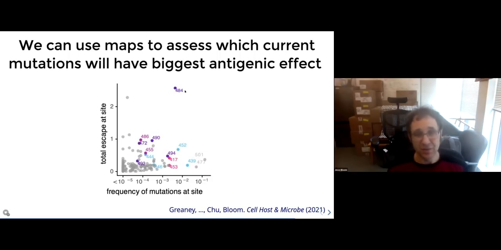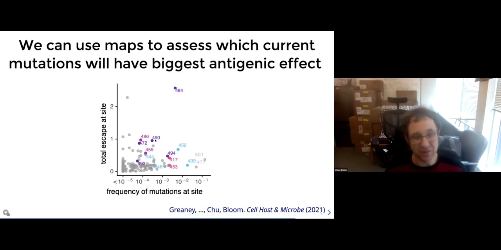In fact, this mutation is present in a number of these emerging viral lineages, such as the B.1.1.7 lineage, the B.1.351 lineage, the P.1 and P.2 lineages, and also this new B.1.526, although I have trouble with all this nomenclature, that was recently identified in New York. So probably this mutation is being recurrently selected, at least in part because it's such a potent immune escape mutation. We can see that some of the other prominent and common mutations, such as at site 501, have much less of an antigenic effect.